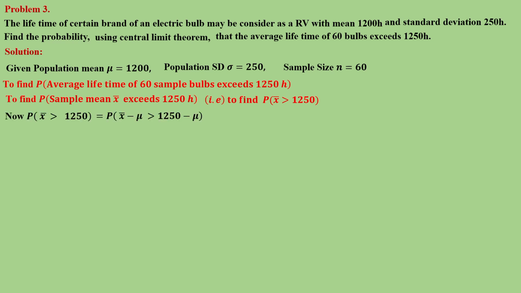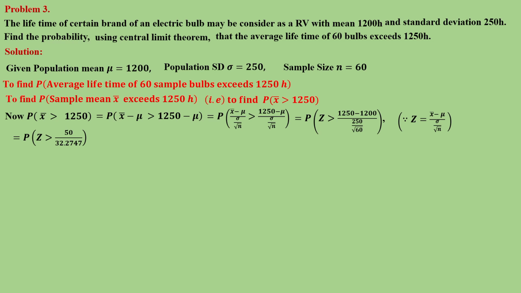subtracting mu on both sides, probability of x bar minus mu greater than 1250 minus mu, divided by the standard error sigma by root n on both sides. So probability of x bar minus mu by sigma by root n greater than 1250 minus mu by sigma by root n. So we know test statistic z is equal to x bar minus mu by sigma by root n, so this becomes probability of z greater than, substituting the value of mu and sigma, 1250 minus 1200 divided by 250 by root 60, that is probability of z greater than